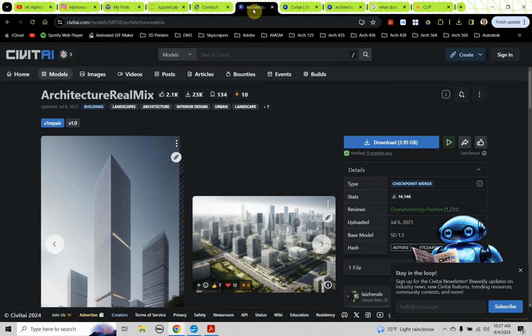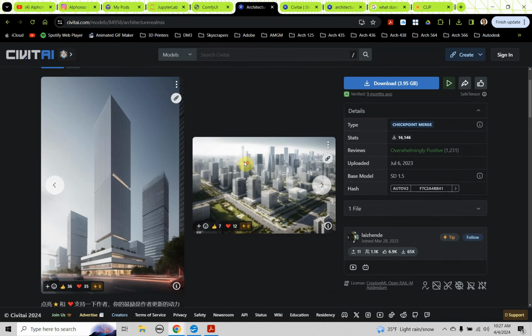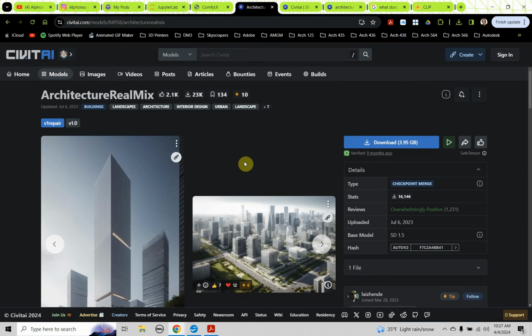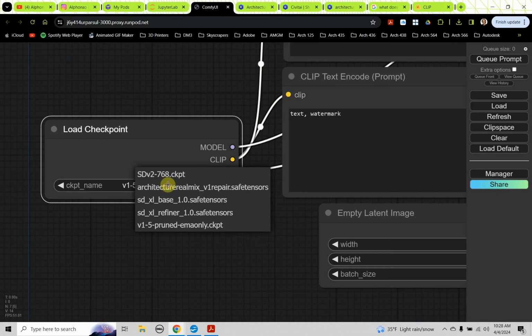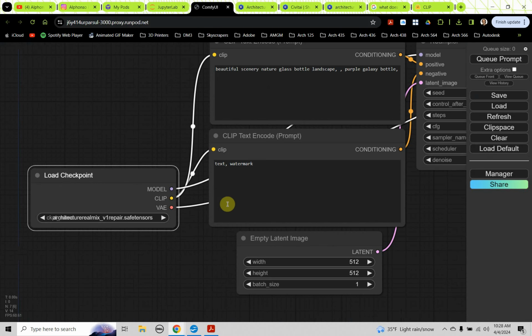So I'm using Architecture Real Mix. You can get that from Civitai. I find this to be a pretty good checkpoint model, especially for steel and glass skyscrapers. So it does really well with steel and glass skyscrapers. So I'm going to go ahead and load that Architecture Real Mix in,